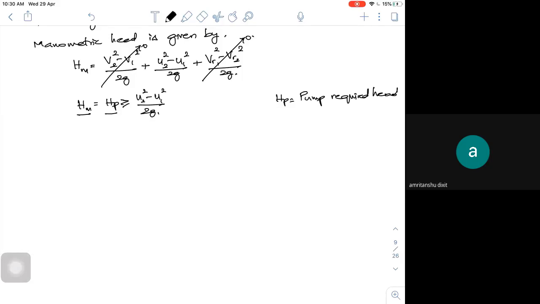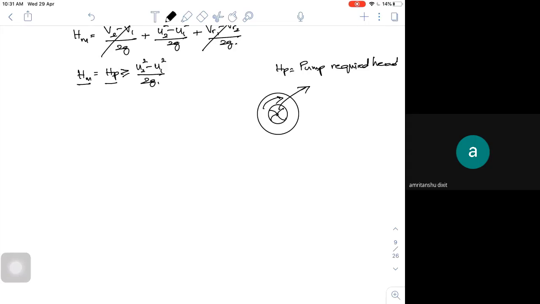Let's say, for example, this is my impeller, rotating at a particular speed. Once this U2 and U1 start to slightly increase, the head starts increasing, and the fluid is thrown out like this so that it comes into the casing. Till then, the impeller is filled with the fluid. If I try to write this expression, your pump head, some books call this the centrifugal head also.